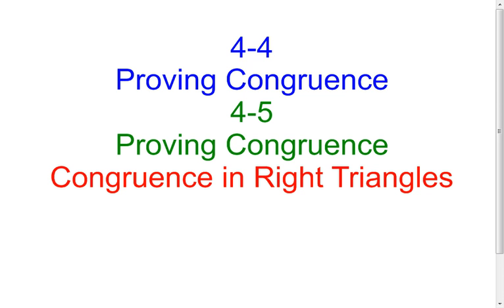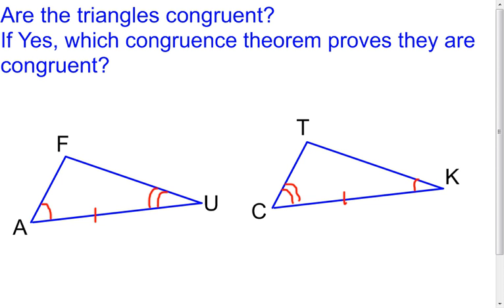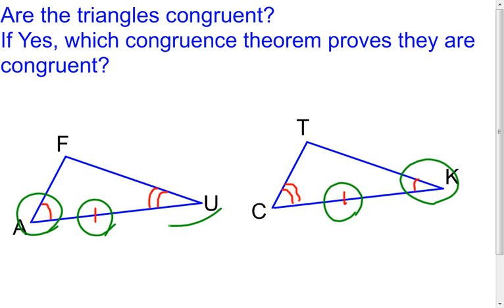We're going to look at 3 different examples of looking at triangles and determining whether the triangles are congruent or not using the triangle congruence theorems. The first example I have here is dealing with the 2 triangles, and I want to know, are these 2 triangles congruent? And what I'm going to look at is the information given. I look here and I notice that angle A and angle K are congruent. I see that segment AU and segment CK are congruent, and I see that angle U and angle C are